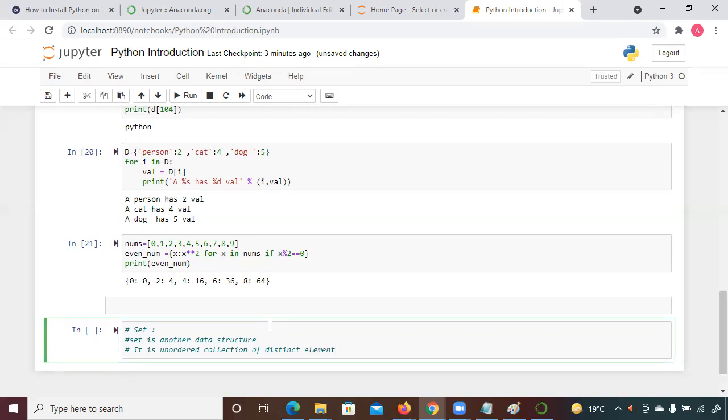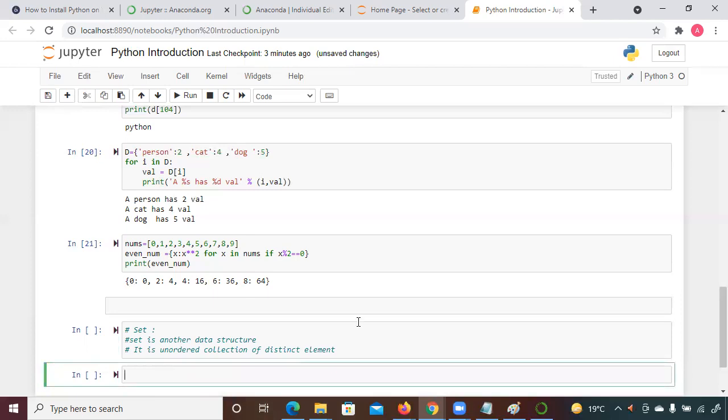Whereas in list and tuple, you can have duplicate elements as well, but set never follows any order. Even if you assign a value to the set, while printing it might give you an unordered fashion. So set is a data structure which is an unordered collection of distinct elements.